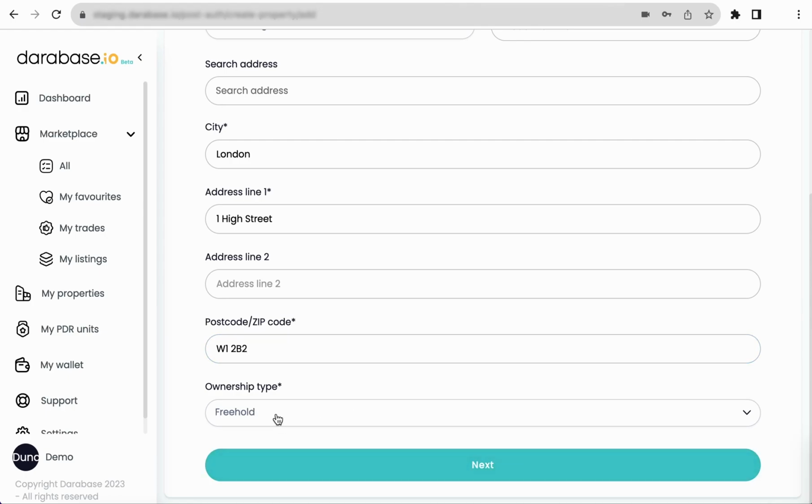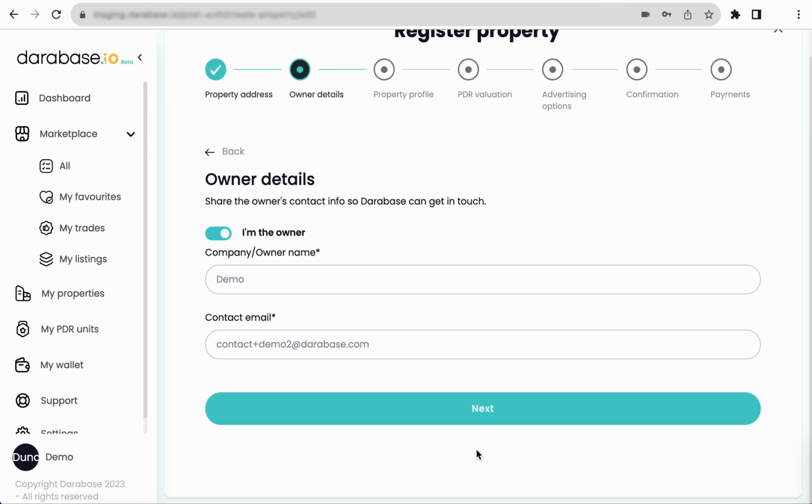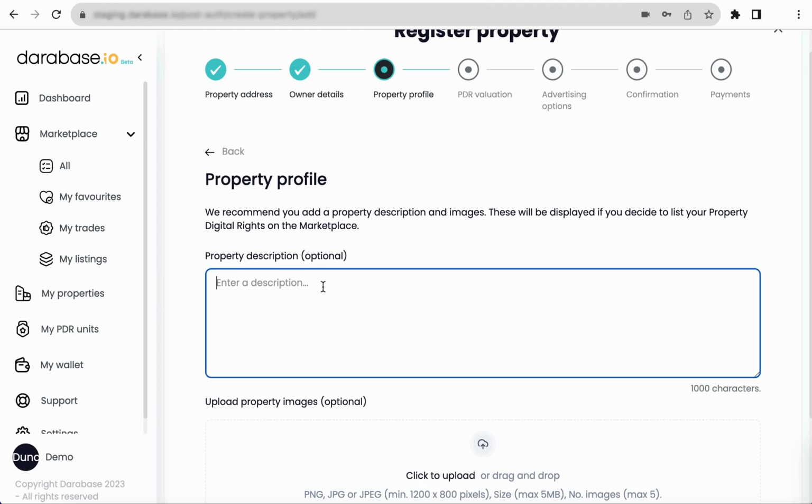It could be freehold, leasehold, or tenant. And in registering the property, you do warrant that you have the permission of all parties to make this registration. If you're the owner, you can go next, otherwise you could select a different owner for the property, and then